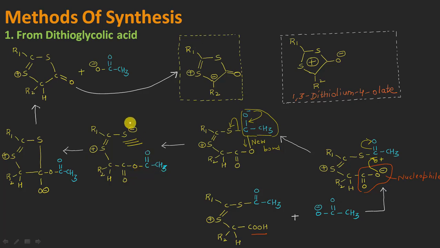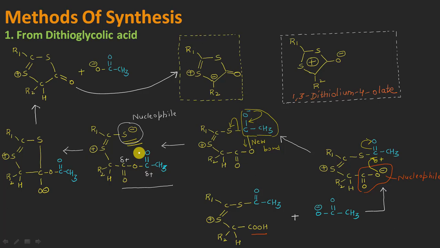And finally, once again you can see here that what we are having here is the sulfur negative, and it has the capability to act as a nucleophile in this reaction. And now where is our electrophilic center here? It is of course in this part of the molecule. And if you look carefully here, it is containing two electrophilic centers. This is the first one here, and here is the second one, okay?